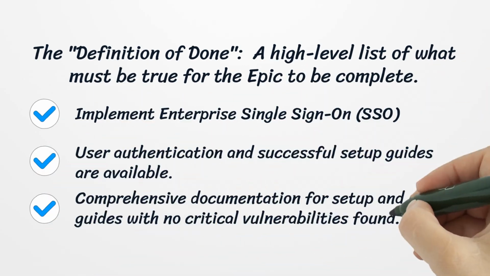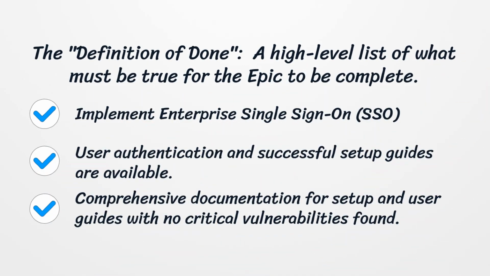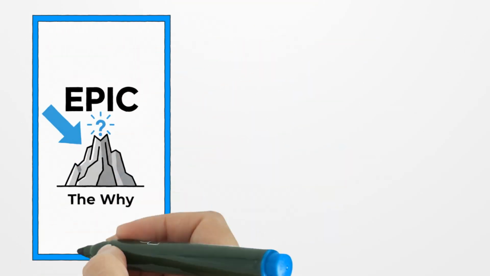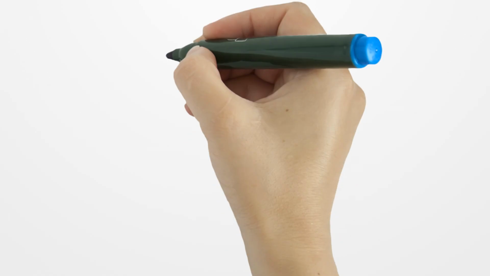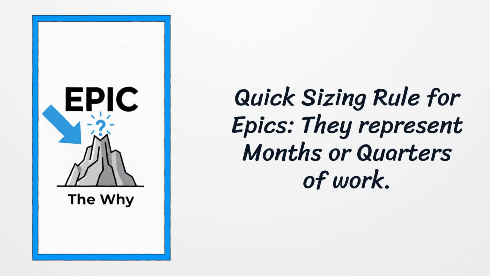The definition of done, a high-level list of what must be true for the epic to be complete. For example, all major internal web applications are integrated with the new SSO system, user authentication and successful setup guides are available, comprehensive documentation for setup and user guides, with no critical vulnerabilities found. Who defines this? Product managers or executive stakeholders. Epics generally represent months or quarters of work. An epic must be broken down before a single line of code is written,